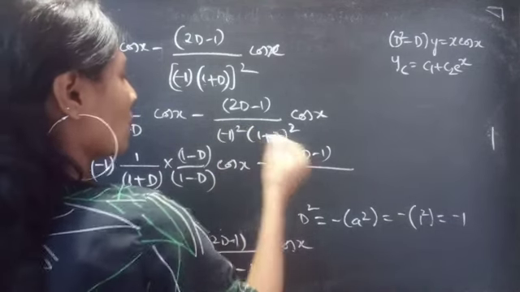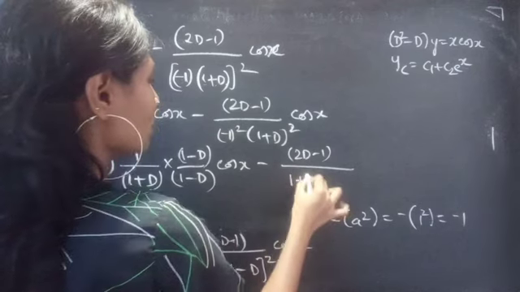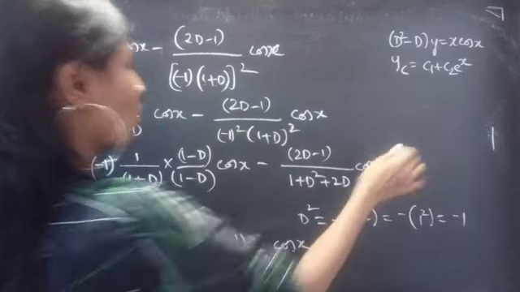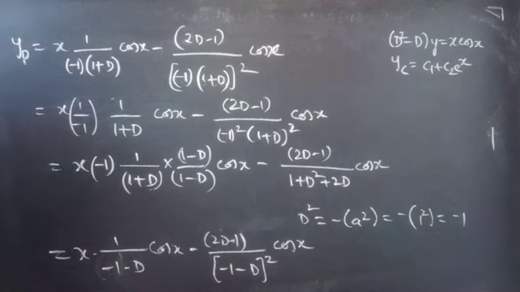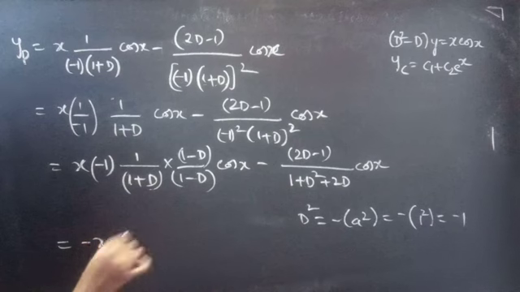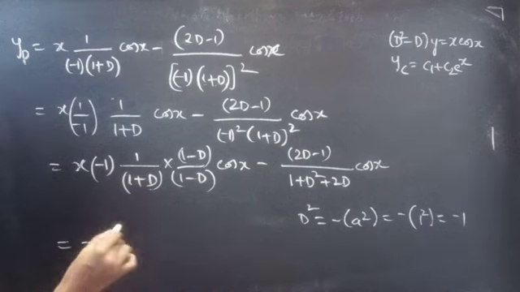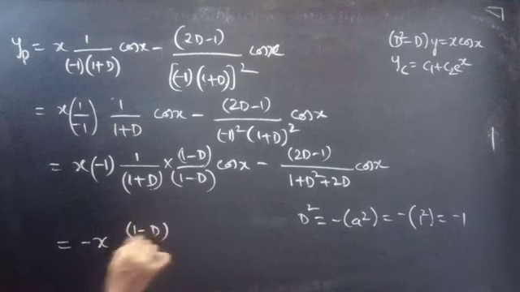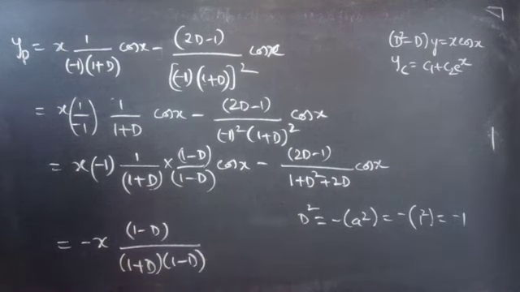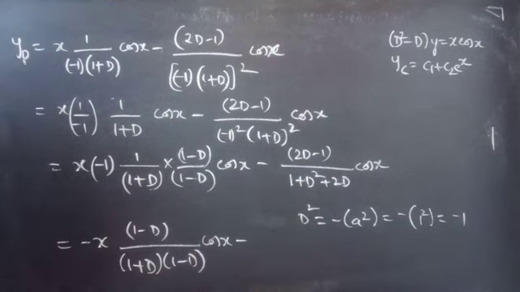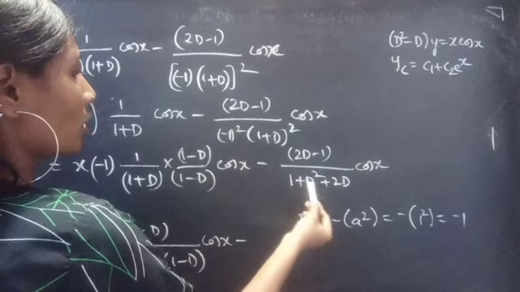Let's expand 1 plus d whole square, we'll get 1 plus d square plus 2d into cos x. So this becomes minus x, x into minus 1 is minus x into 1 into 1 minus d is 1 minus d by 1 plus d into 1 minus d into cos x minus,